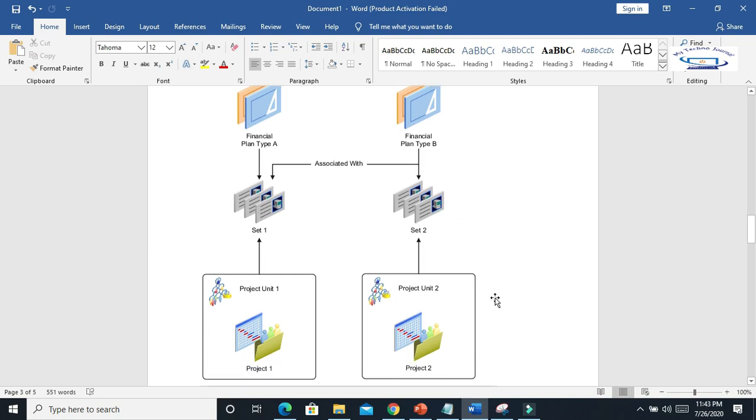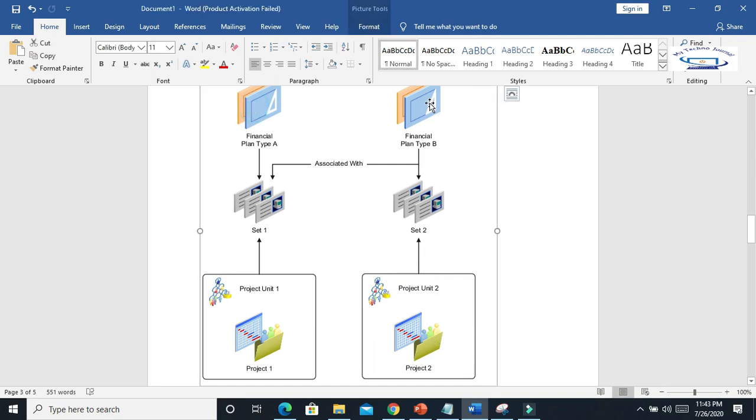So the manager who is working on project unit organization 2 can access both financial plan type A and financial plan type B. So that is the importance of reference data set.